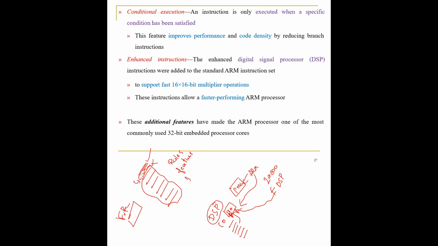So right now we know the rules, we know the features, and we know regarding the instruction set. How should the instruction set be? What are the additional components present in the processor that help in making the execution of instructions simpler, or getting instructions executed in less time? All these things are known. They might ask you any one of these questions, out of which they might target the rules and features of your ARM processor. So right now we'll wind up with this particular topic.